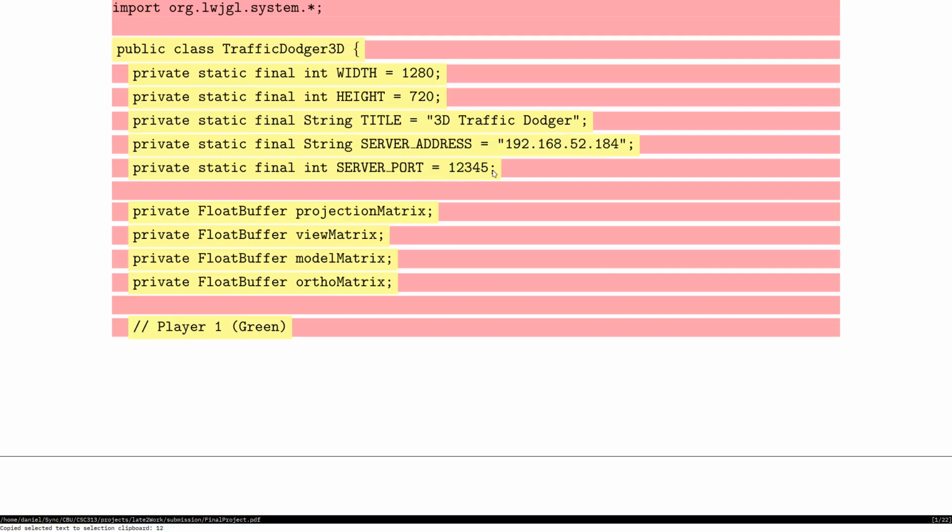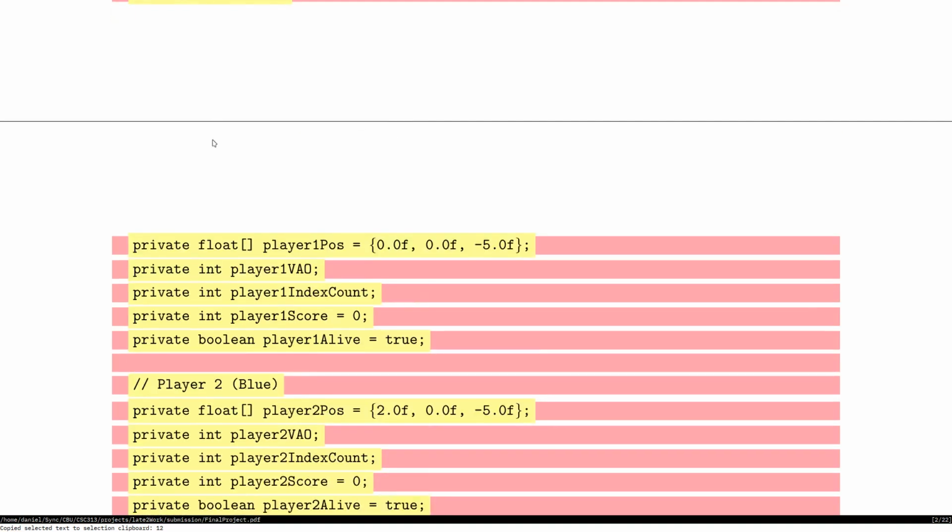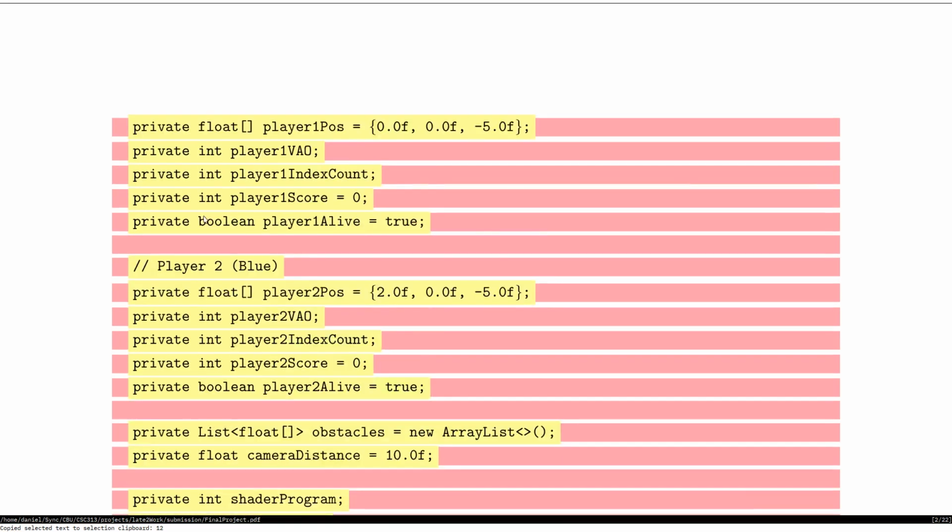And then the port. Let's see, the matrix buffers. So we have to store the 4x4 matrices for the 3D rendering. So that's declaring the variables. Player 1's green, player 2's blue, and then declaring their positioning. So player 1 has to be offset, so they're not